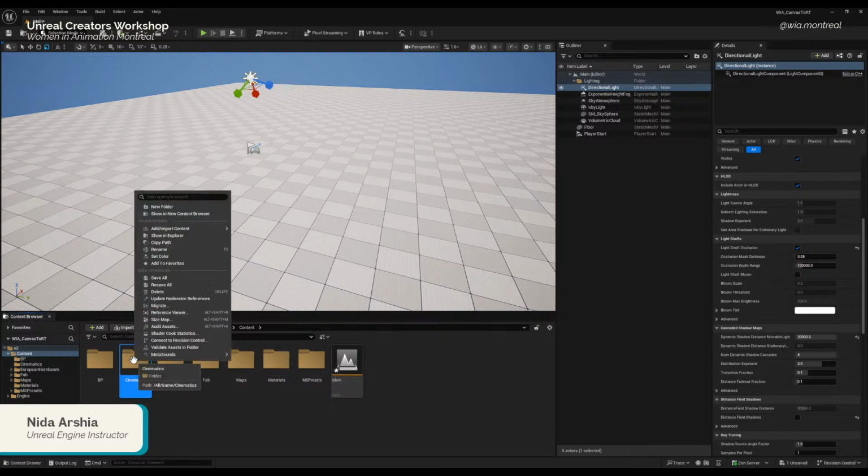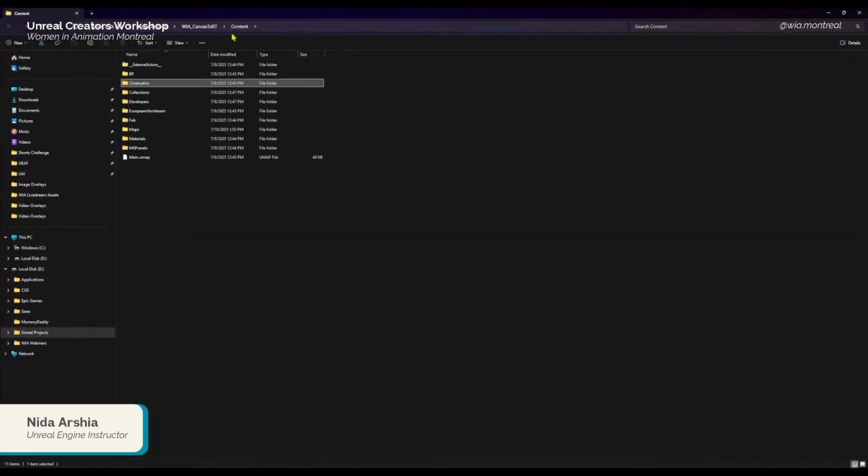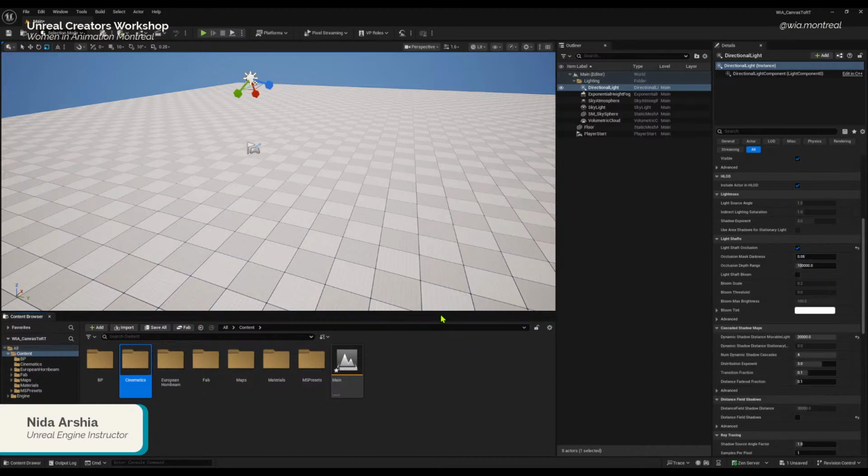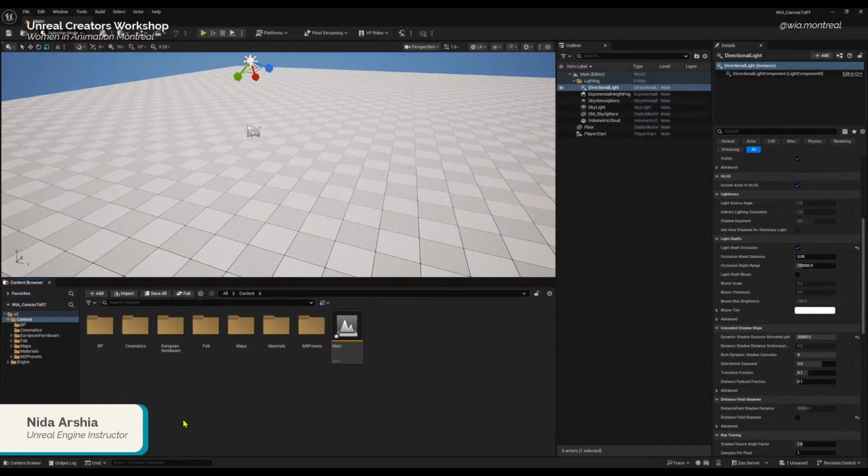And quickly, I'm going to show you if we right click on any of the folders and go to show in Explorer, then it is going to have the same structure. Of course, it's the same thing that is replicated inside the engine. So you see the same organization and file management in the Explorer. So it has a copy or a U asset in the Explorer for every asset that you have in the content drawer. Okay, so this was the UI.